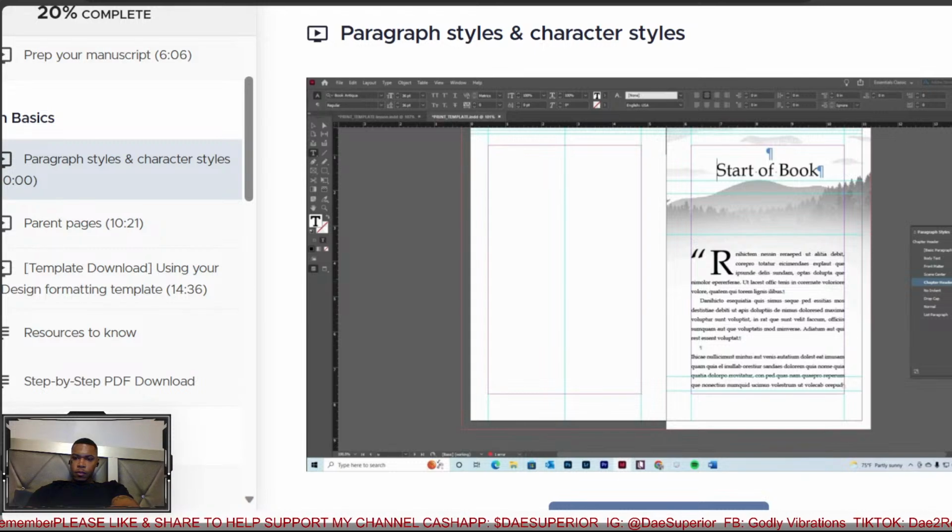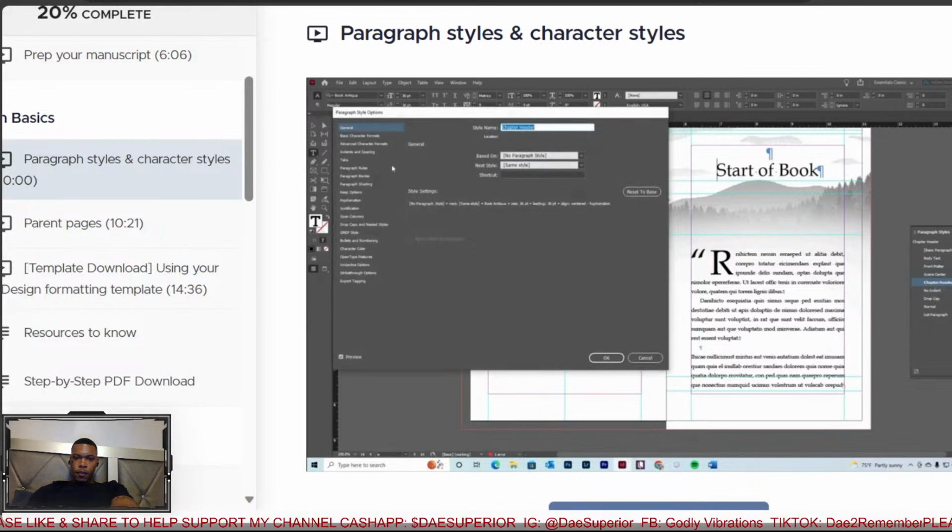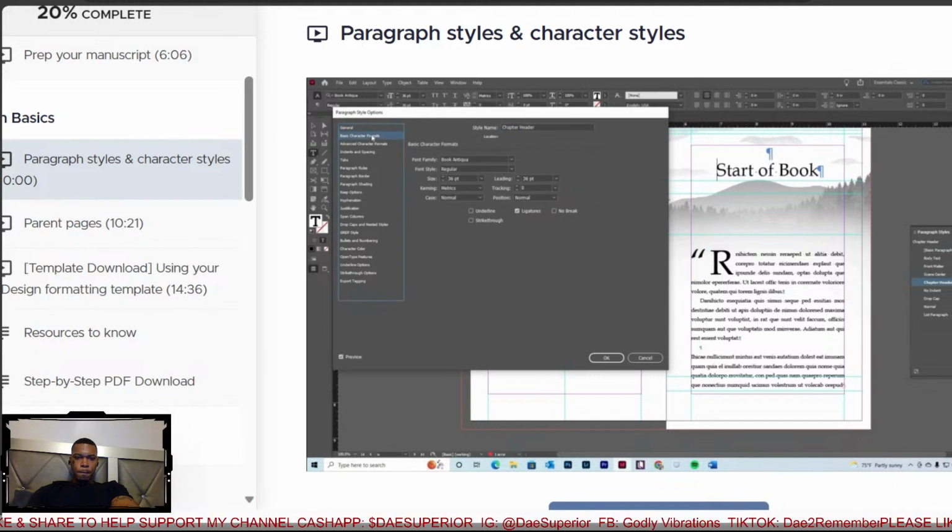The last thing we're going to be talking about right now is our chapter headers. Our chapter headers are fun, and we're going to hit the edit chapter header paragraph style. And we're going to go into basic character format. This is where I like to get the most fancy. I like to make my